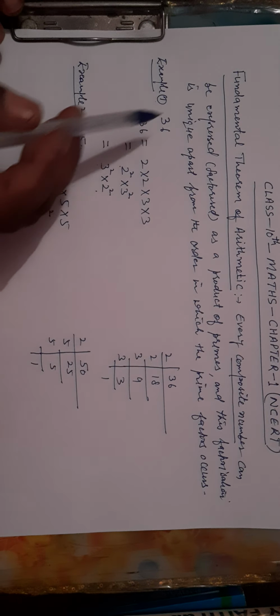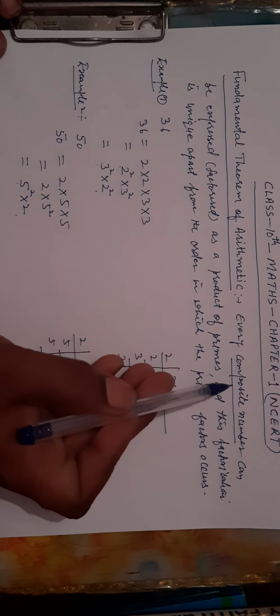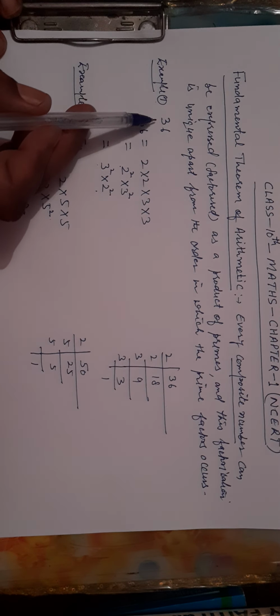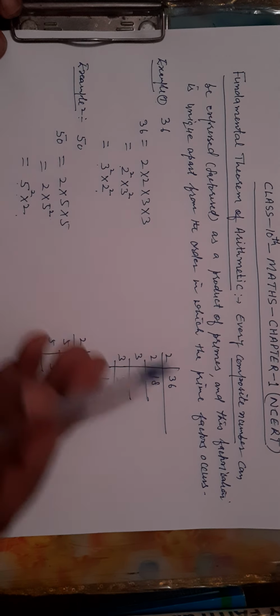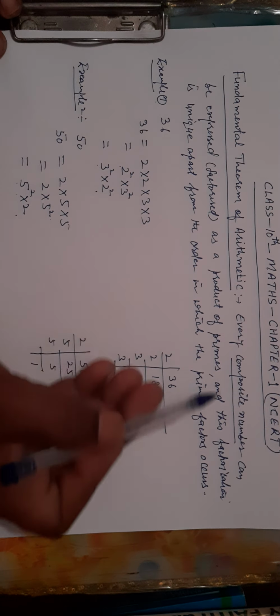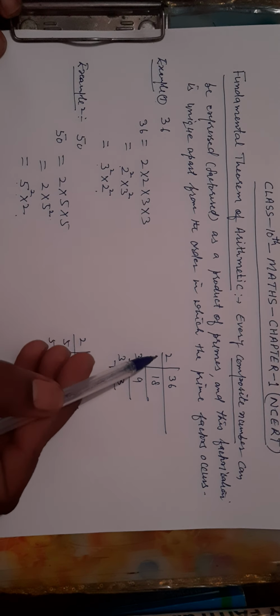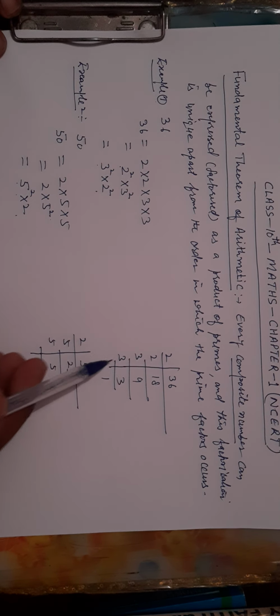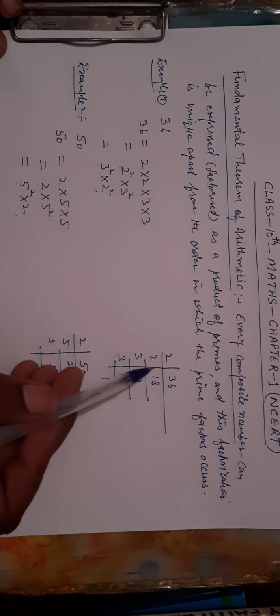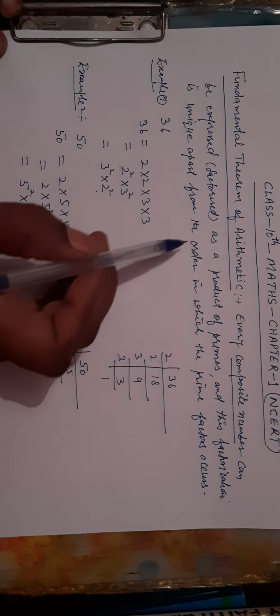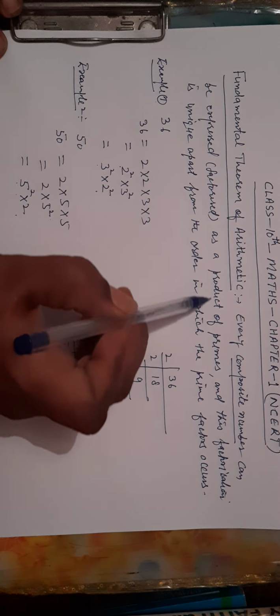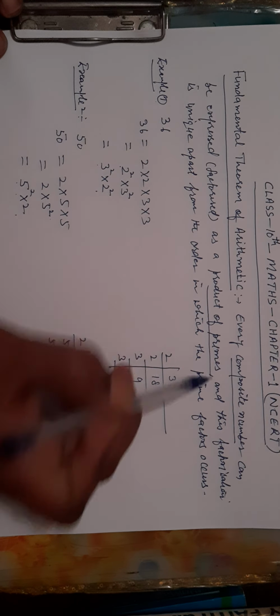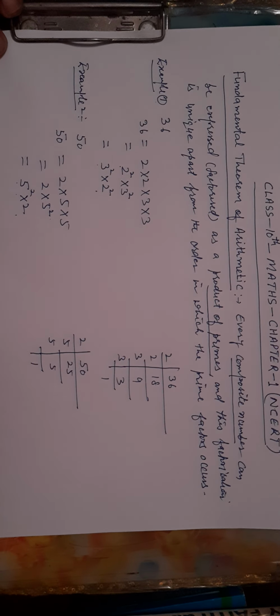we can understand the definition of the fundamental theorem of arithmetic, that every composite number, which has more than two factors, can be factorized or expressed as a product of prime numbers. So we have taken only prime numbers here. You can see 2, 2, 3, 5, 3, 2, 5, 5. We cannot take other composite numbers in factorization. We have to express the number as a product of primes. So that's why I have taken prime numbers here. So with this, I hope you will understand the definition of the fundamental theorem of arithmetic, the definition of prime numbers, and the definition of composite numbers.